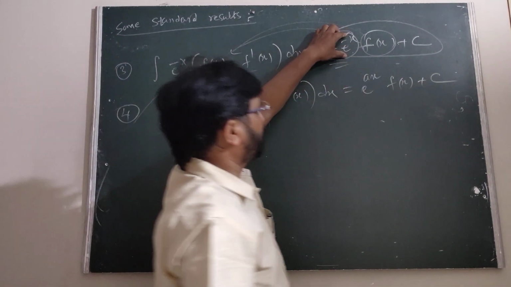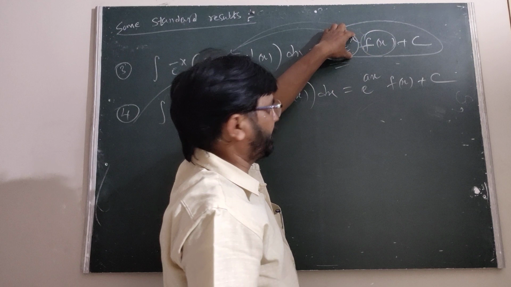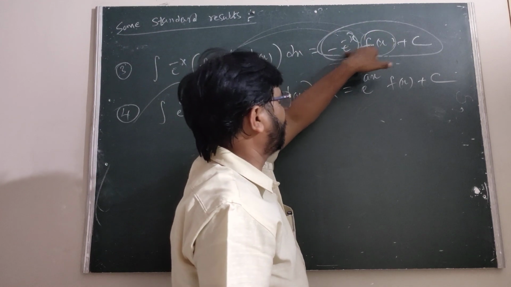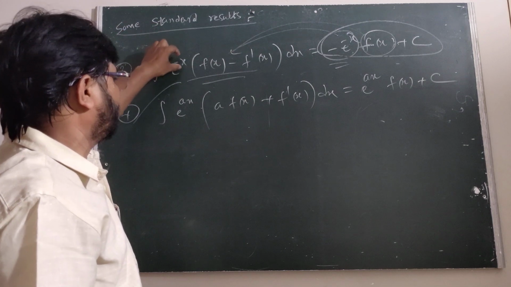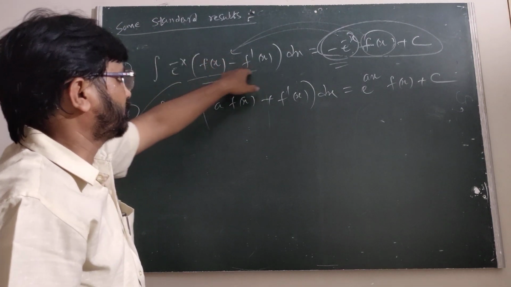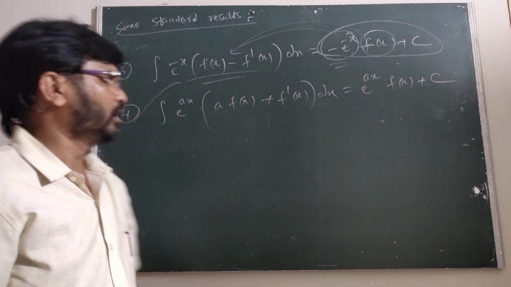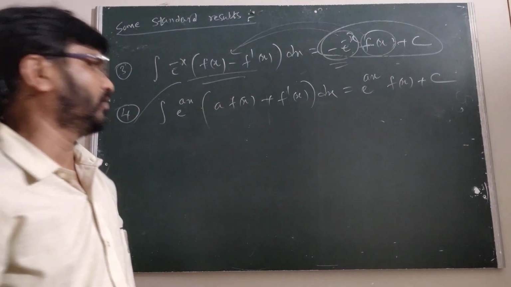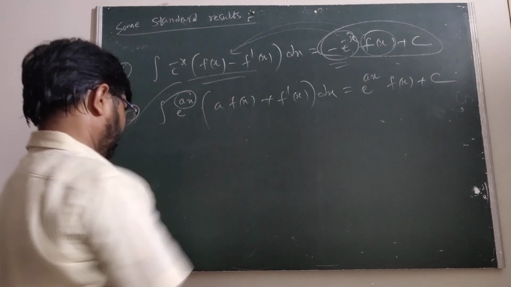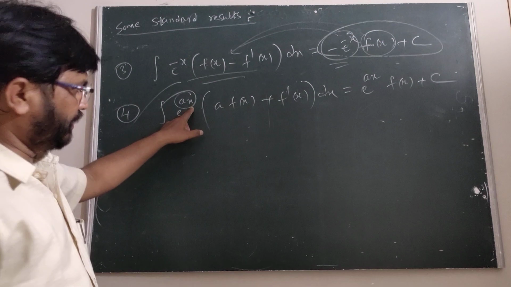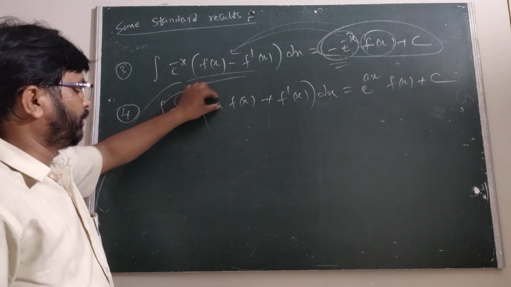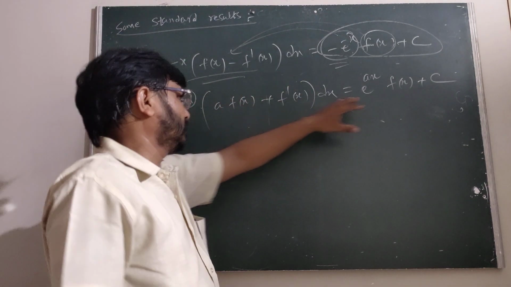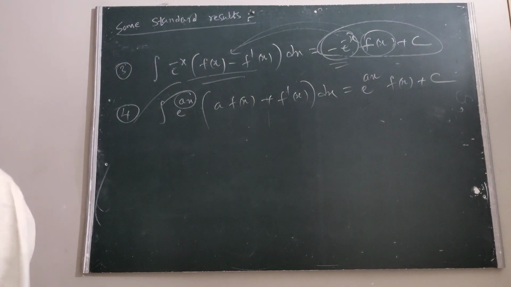Therefore, when this is u and this is v, the first one we take u and this is v, then you can take the derivative of uv and we get this one. Therefore, when the function is e power minus x, f of x minus f dash of x into dx, that is minus of e power minus x f of x. Therefore, we take a power x as t, then you get the same thing: e power ax, a into f of x plus f dash of x, then it is the form e power ax, f